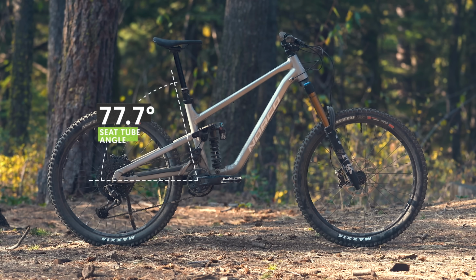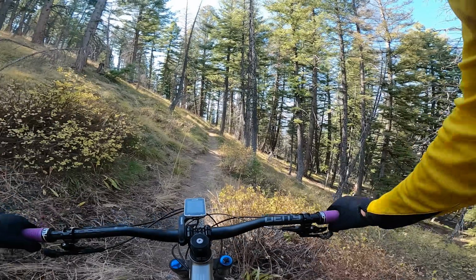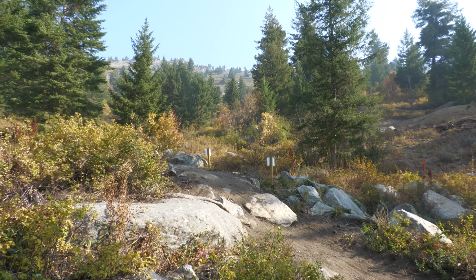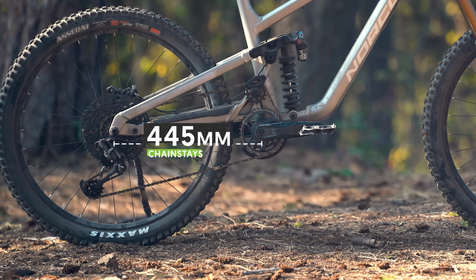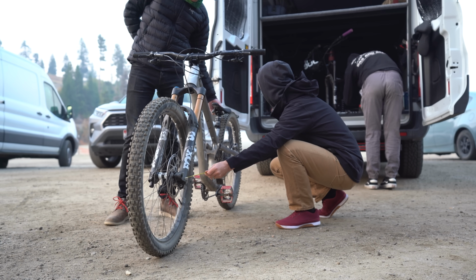A 77.7-degree effective seat tube angle on our large test bike is intended to keep the front end in check during climbs, while a 410mm seat tube and 200mm dropper will get the seat out of the way for proper hucks. Compared to the trends of many 27.5-inch trail bikes, the Shore uses, quote, longer chainstays, 445mm on our large. In all, the wheelbase on our test bike comes in at